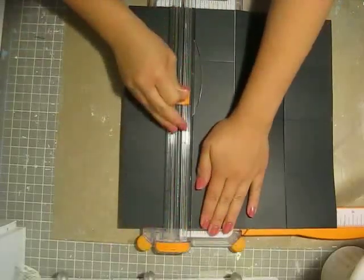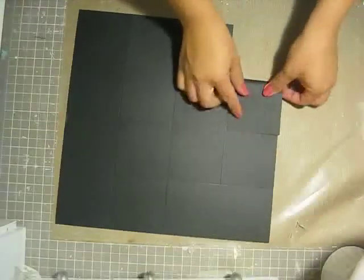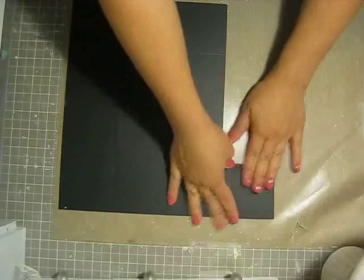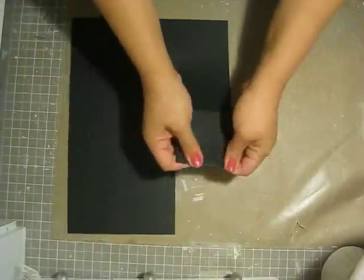From up here down to this one, the first one. And repeat. Turn this over. Your zigzag motion. Up. Down. Up. Down. Up,